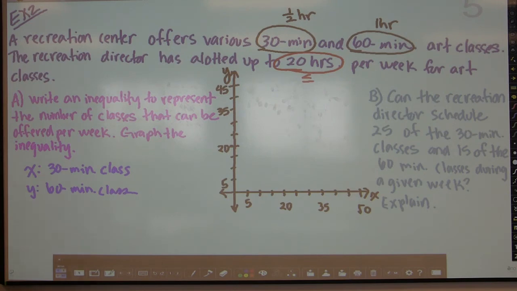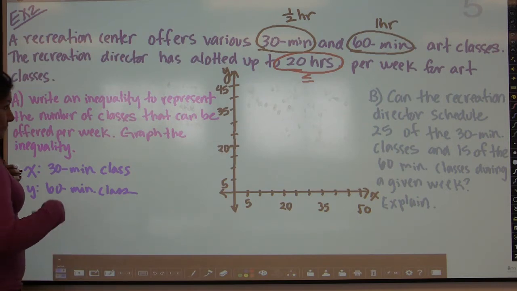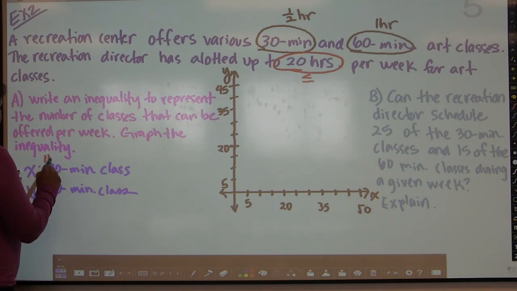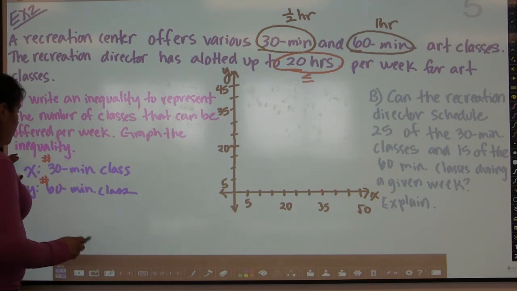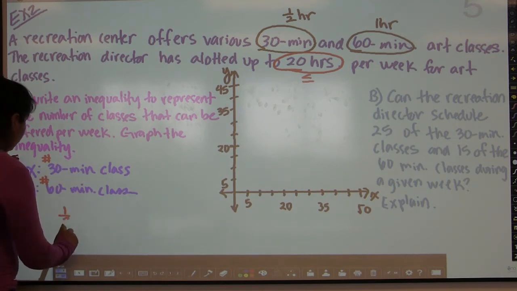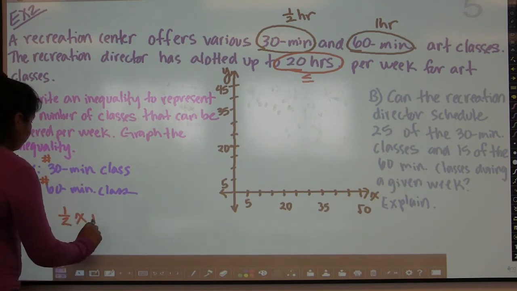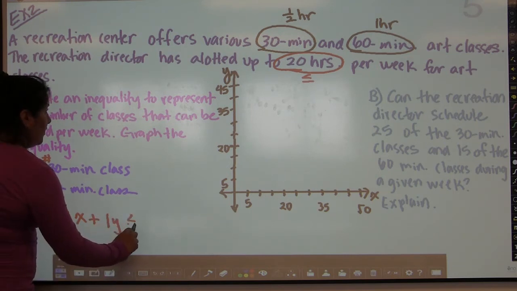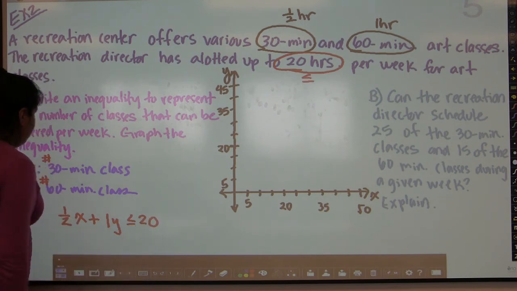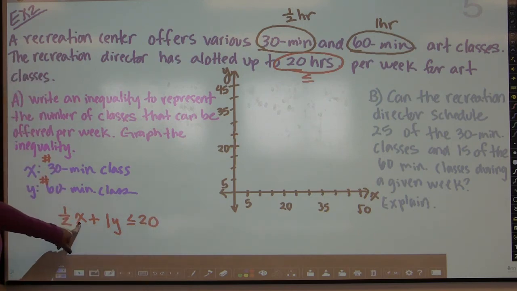So to write our equation, it'll be very simple. We're going to take our 30-minute classes, which are basically going to occupy half an hour. So each class, so this is the number of 30-minute classes, number of 60-minute classes. So each 30-minute class is going to occupy half an hour. So we're going to say 1/2 times X plus 1 times Y less than or equal to 20. Okay? So what I'm saying here is that X is the number of